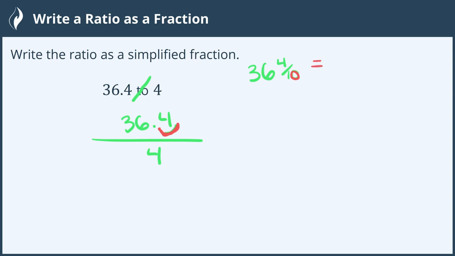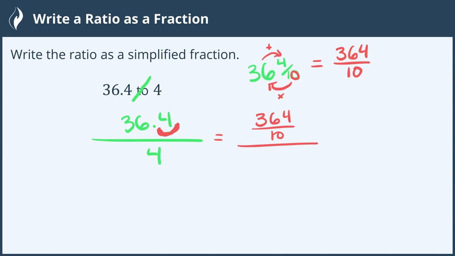Now let's change this to its improper fraction by multiplying and then adding in a clockwise circle. 10 times 36 is 360, adding 4 is 364, and we keep the denominator of 10. Some of you already know that if I can just take the decimal over, that means that I have one decimal place, and it makes it a 10. That's up to you though. So this is rewritten as